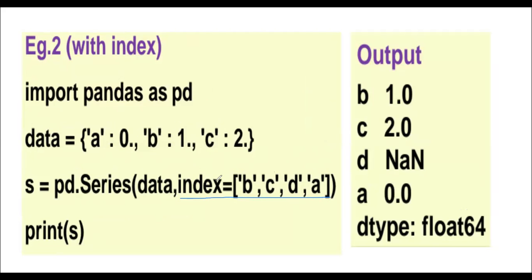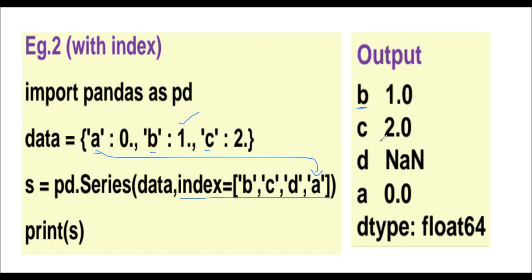Now the index I'm giving, because if we didn't give the index, if we create through the dictionary, whatever key we are given, that will be our index. But here now see, I'm giving B, comma C, comma D, comma A. So while creating, it will check the key if the same key is there or what. If the same key is there, that value will be taken. But here the first index is B. So we will get in the output B only first. And what is the value for the B we have? The value 1. So it is 1 point, so 1.0.